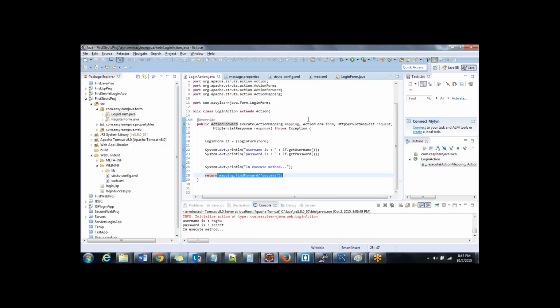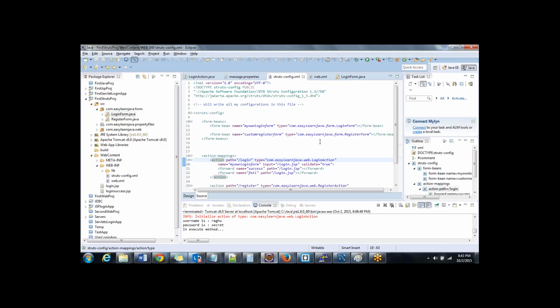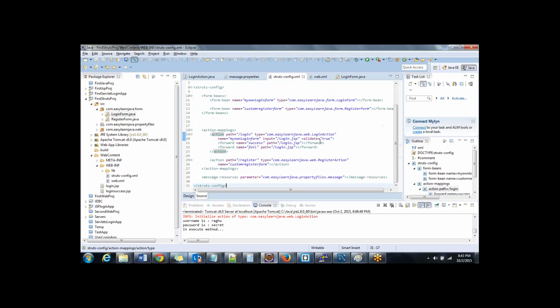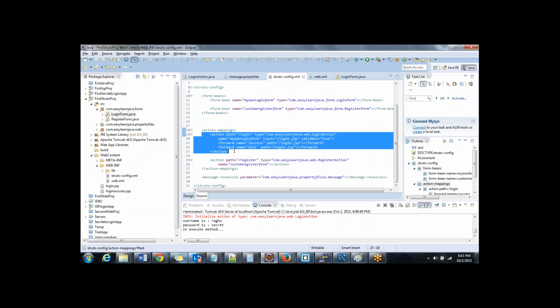Now the action servlet will understand that it is getting a response back from a login action, which is called when a URL called login comes in. So it identifies that this is the action that is happening right now. Now, when an object is returned back from the login action class, which is nothing but an action forward object which contains success,